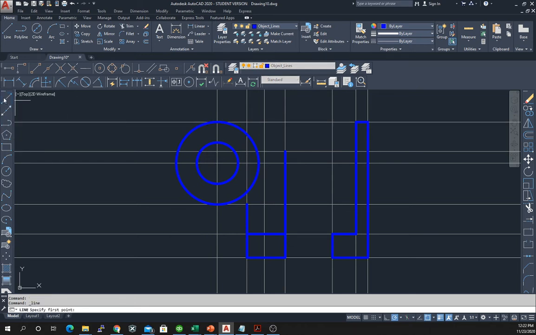Let's complete this drawing now. I guess we have one other circle, don't we? So we have another circle here, and that diameter is 0.625. So let's put this circle in. 0.625. Enter. Okay, so we have to take a line here, and then we're going to snap to a tangent. So we choose snap to a tangent